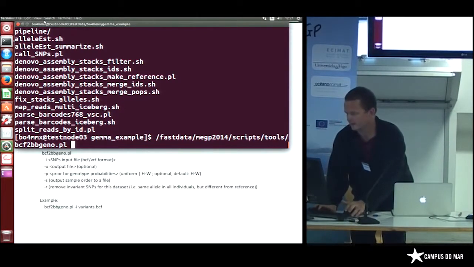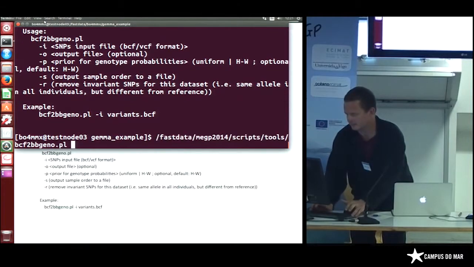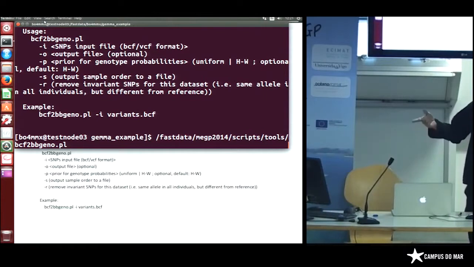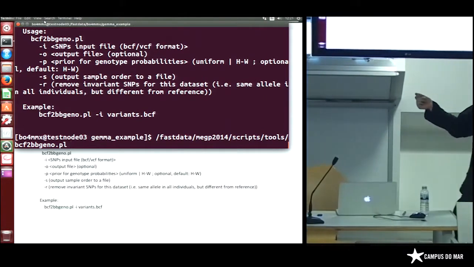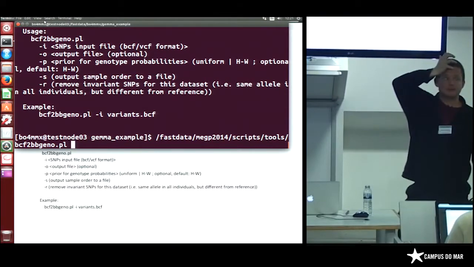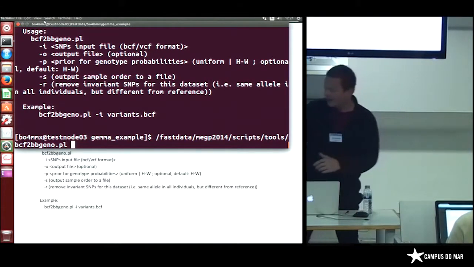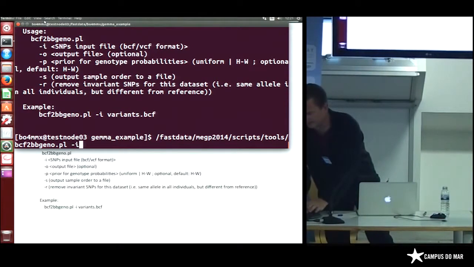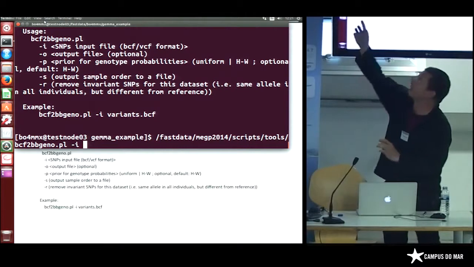Yep. So that's the path, the complete path. So fast data, MEGP 2014, scripts, tools, BCF to bbgeno.pl. And then you can use -i for our input file, which conveniently we can still see hanging out just